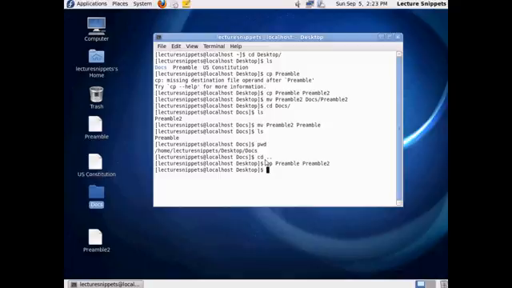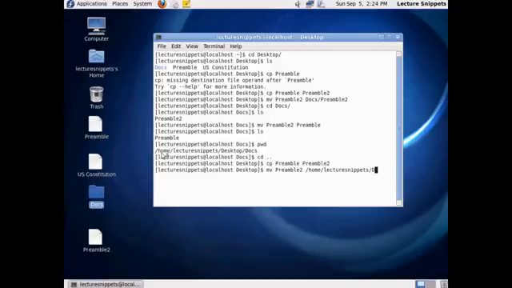Alright, and now what I'm going to do is move the preamble2 file back into the docs folder, this time with an absolute path rather than a relative path. And I'll show you here what I mean. I'm going to use the move command, the mv, to cut it and paste it here. And I'm going to go ahead and type in preamble2. And this time where I'm going to tell it to paste it is I'm going to start off with /, that's the beginning of my root directory of my file system, home, the lecture snippets, the desktop, and